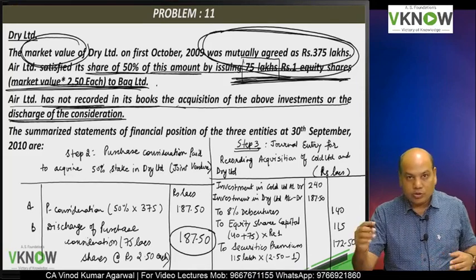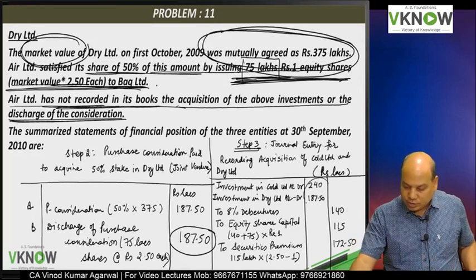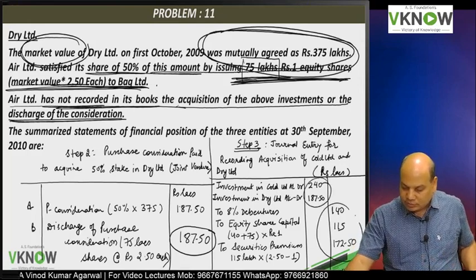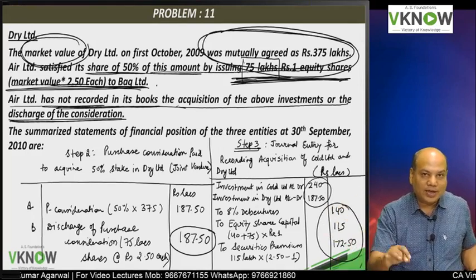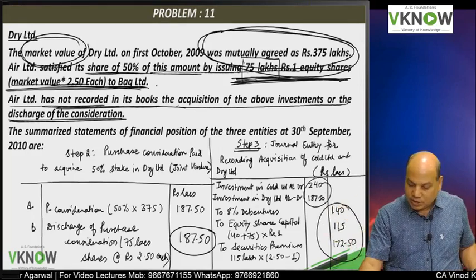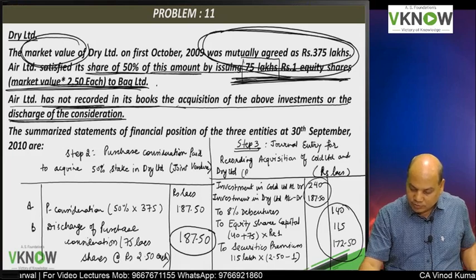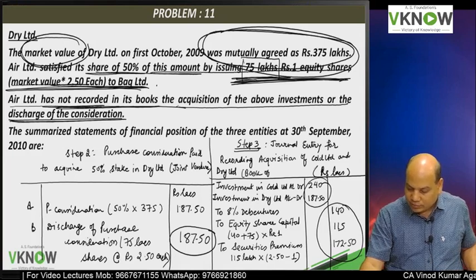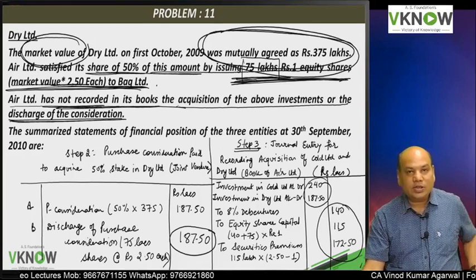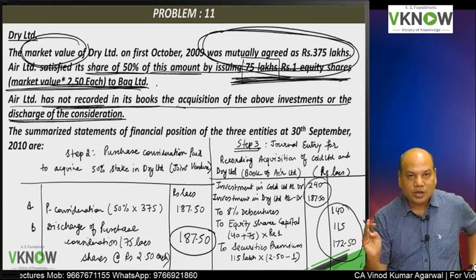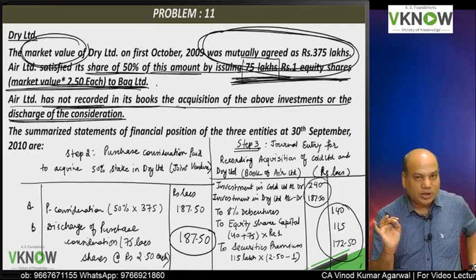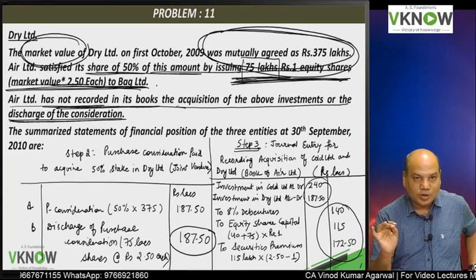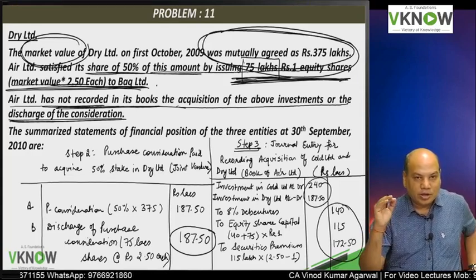So which means when you are going to do consolidation, these 5 numbers will also be first considered in the books of Air Limited. These entries are passed in the books of which company? Books of Air. If you have not understood, you can write, these entries are in the books of Air. So Air Limited share capital will increase, debenture, one new item will come, securities premium will increase, and 2 investment